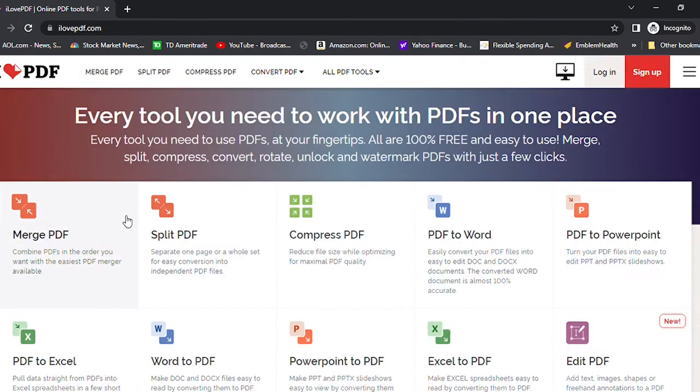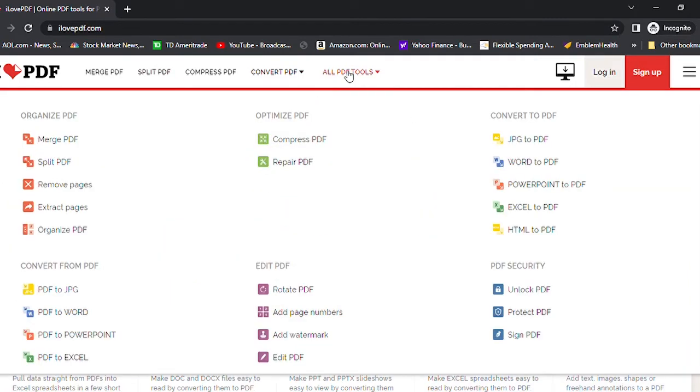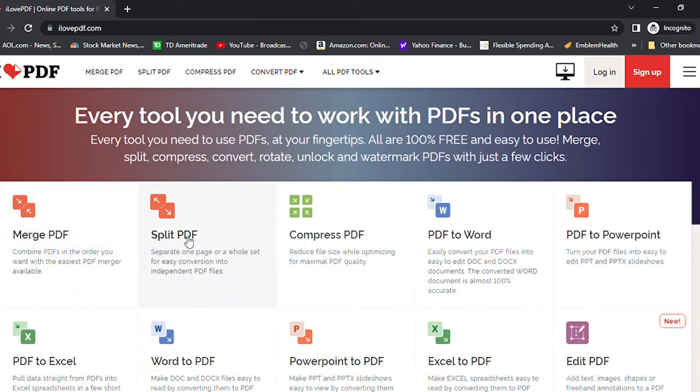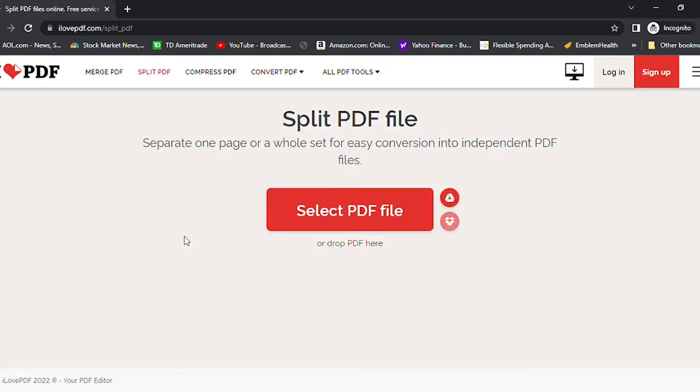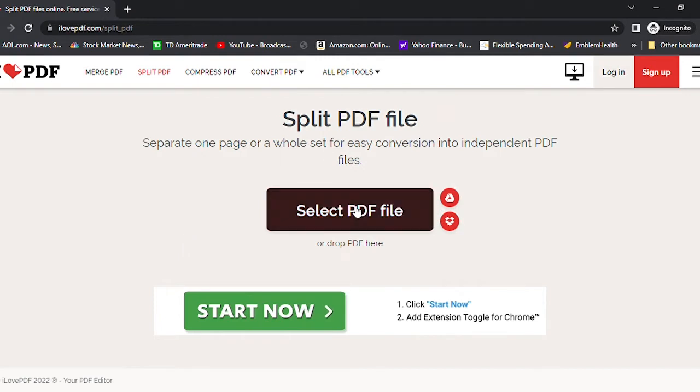Click on it. So you're going to see different functions in this website, and you can go to all PDF tools, or you can go from the front where you can say split PDF. Click on that, and you just have to select your PDF file. So let's say I select one of my PDF files, which is